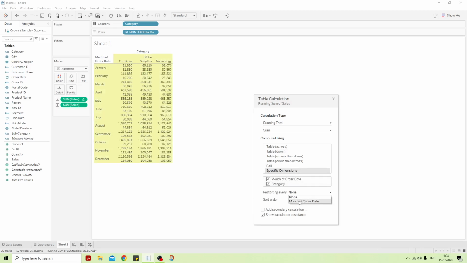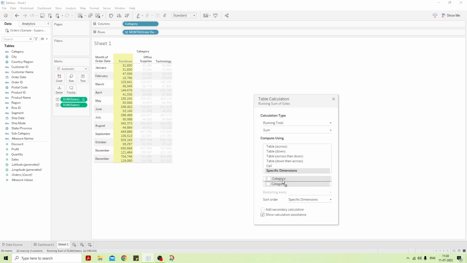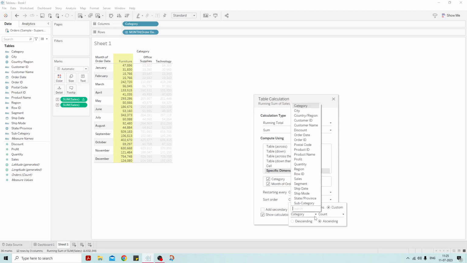Category, and sorry, we have to put the category before. So we can shuffle what we want to make primary and what we want to make secondary. The other option is sort order. Sort order is nothing but how we want to sort it. Do we want to sort it using this, or do we want to sort using